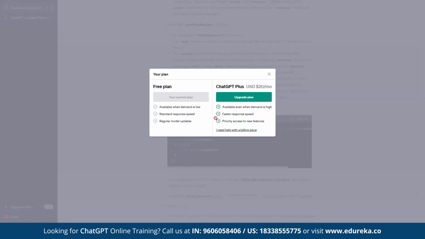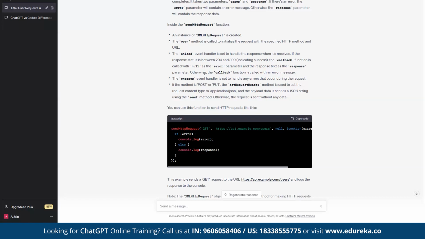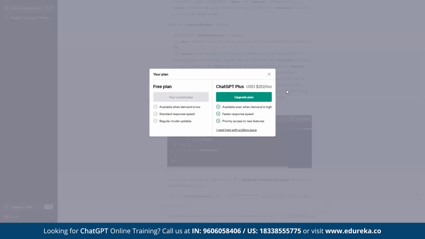Okay. Also, the response which you see in the free plan, though it is very fast, it is saying you'll get a faster response in ChatGPT Plus. And also the model which the free plan is using is model 3.5. With ChatGPT Plus, you will get priority access to new features.